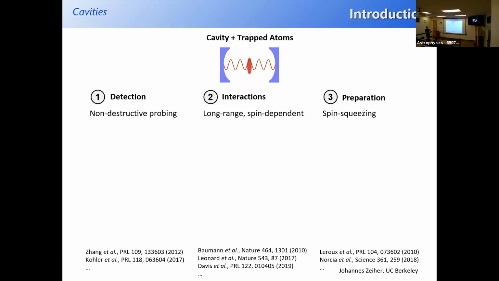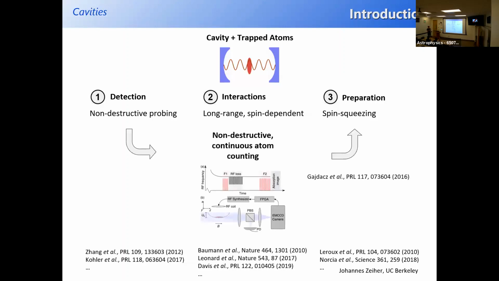What we found interesting at Berkeley is whether it's possible to combine this first point, the detection aspect, with the preparation aspect. We were motivated a little bit by work from Aarhus, where people took a free-space gas, detected it non-destructively using phase contrast imaging, and then depending on what they saw, they would feed back and prepare a certain number of atoms in a cloud. And we were asking ourselves, well, we have this cavity, which in principle should be able to do this better. That's what we were motivated by.